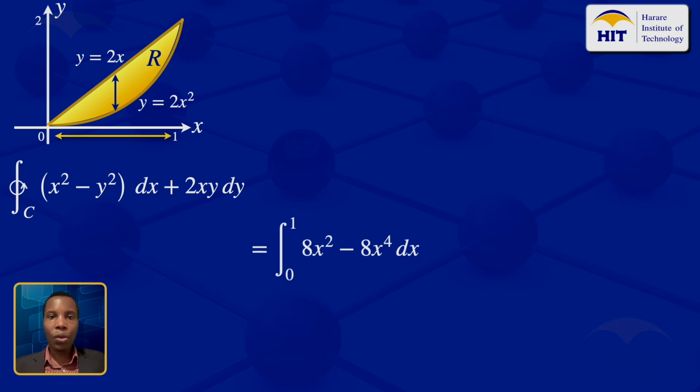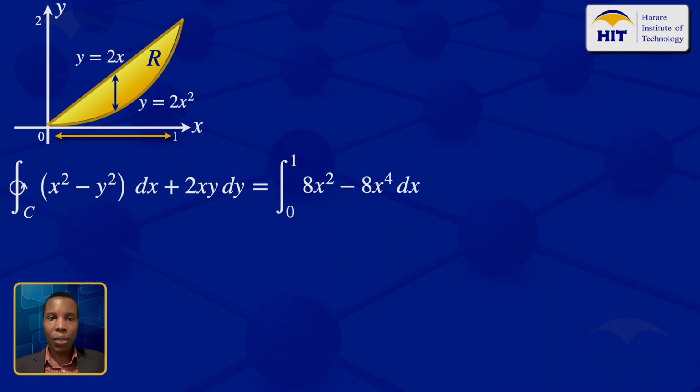Then we go on and integrate with respect to x, and the result that we get is 8 divided by 3 x cubed minus 8 divided by 5 x to the power 5. Then put the limits 0 to 1. When you put the limits 0 to 1, the result that we get there is